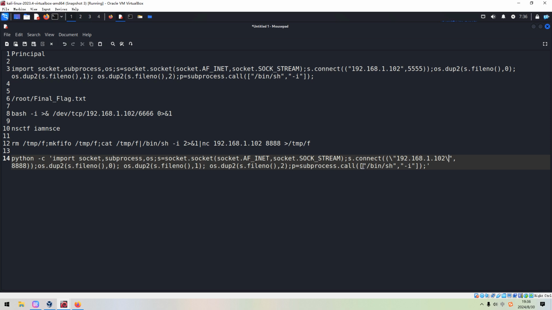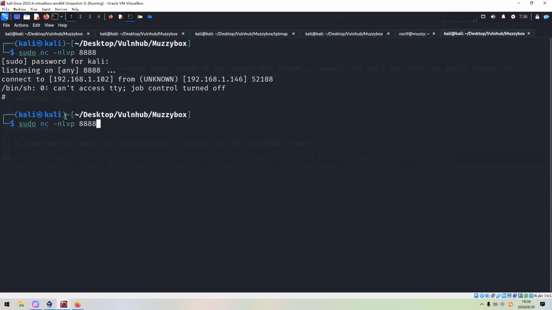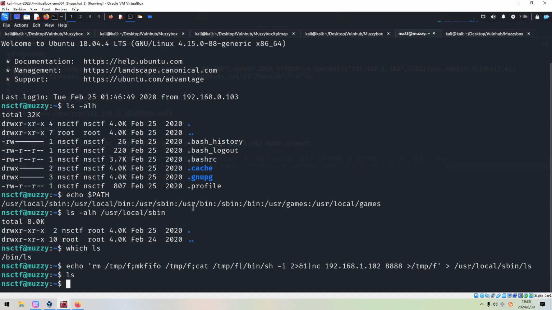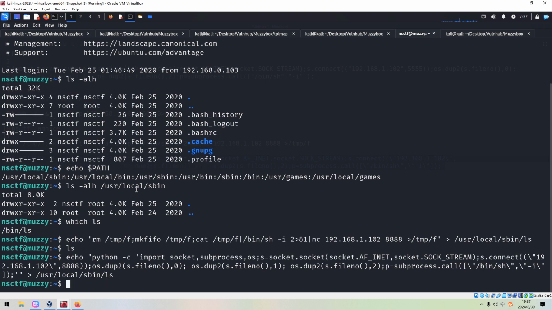Also this one, and this one, and this one, and then we can copy this whole command, and we need to set up the listener again, and we can echo, paste over here, to the user local sbin ls. Okay, and now we can run it.